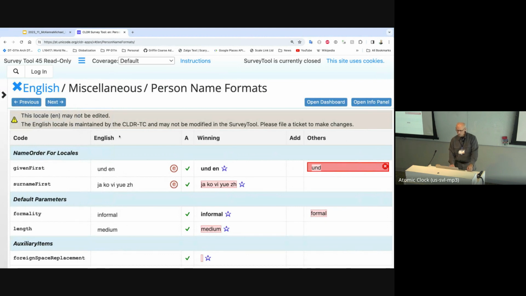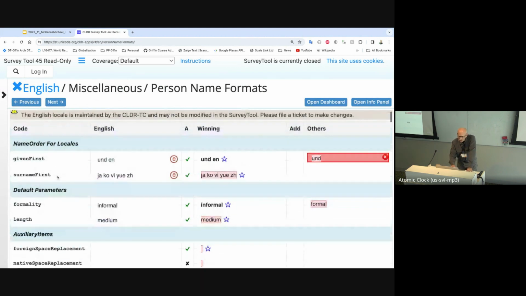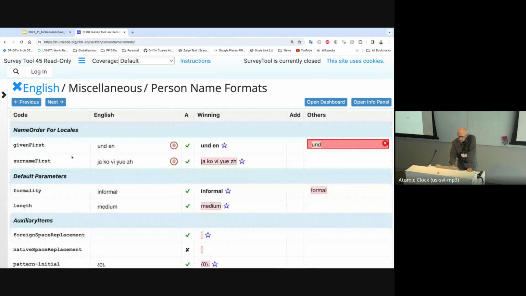chosen the person name formats, and we can see initially the defaults. So given first, anything undefined or English. In this case, I'm in English, and then if I see any name data that comes across that happens to have a locale setting for Japanese, Korean, Vietnamese, Cantonese, and Chinese, then I want to have surname first as a default. So an example here is